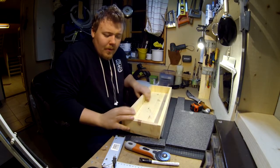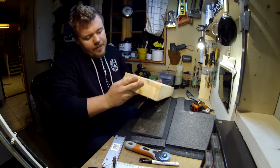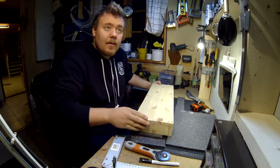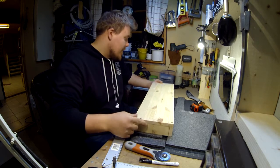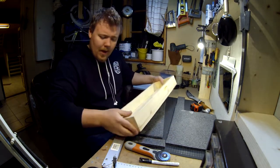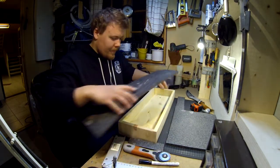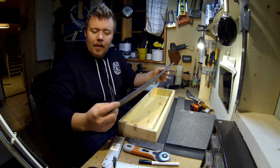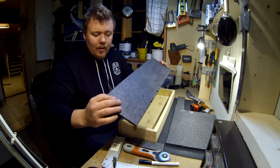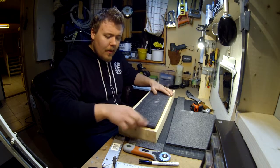And now we've finished the box. The glue has set, and I've sanded down the edges with first some rough sandpaper, then some fine sandpaper. Now we're gonna do the interior, or the padding. This is just some packing plastic that I got from work, and cut it out to shape and